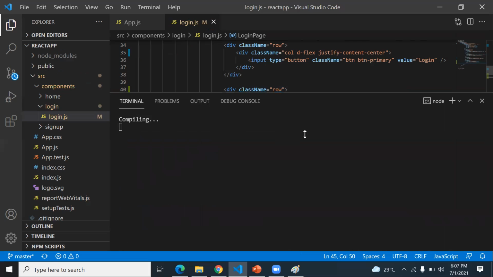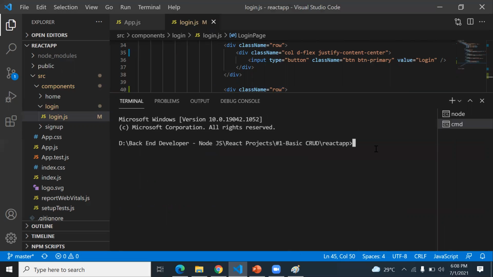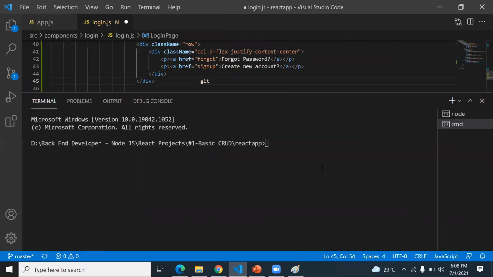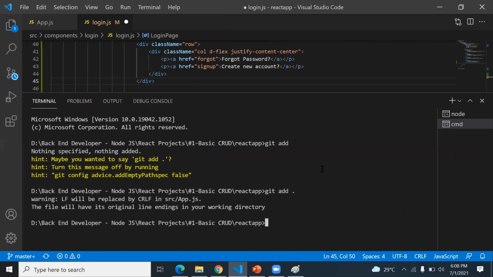So now how to again upload the changes on Git. Just go to the command prompt and just type here git add. That's it. It will detect the changes. You can type git add dot. Then it will go for commitment.